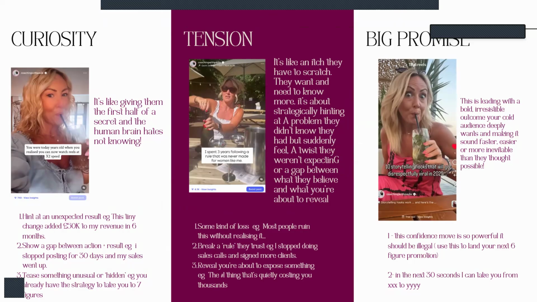But basically, the three big things that make a great hook for trial reels, because we are talking about a cold audience here. They do not know you, they don't know your niche. We're not selling to them, we're not being niche specific. The three biggest things are curiosity, tension, and giving them some kind of big promise. Those three things still hugely count when it comes to your hooks for these trial reels. And you can go back to this slide when you're viewing this yourself.